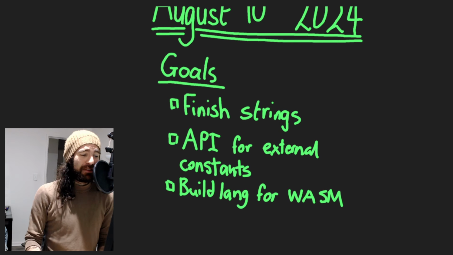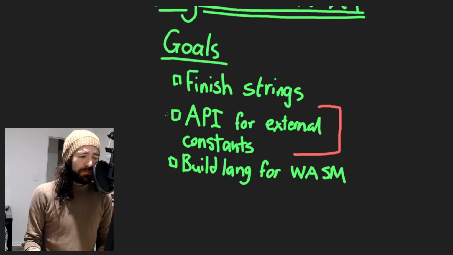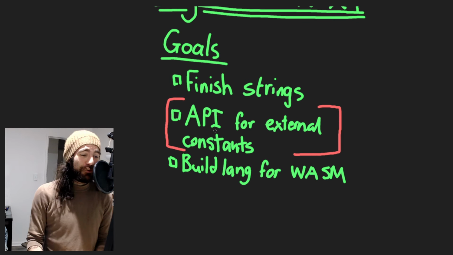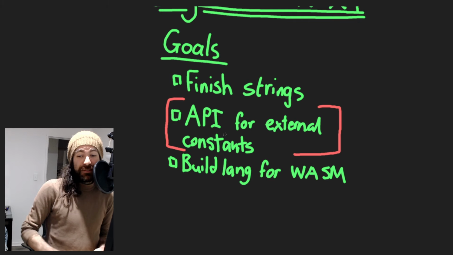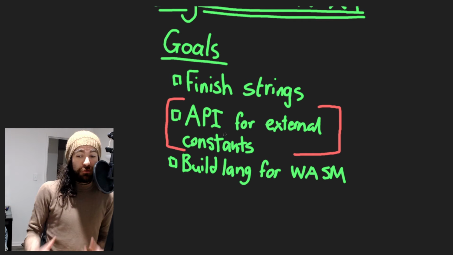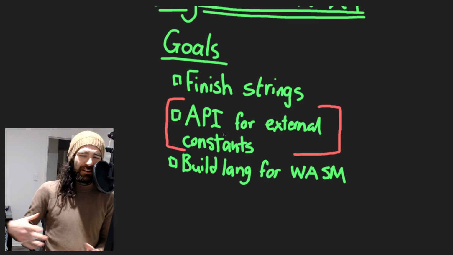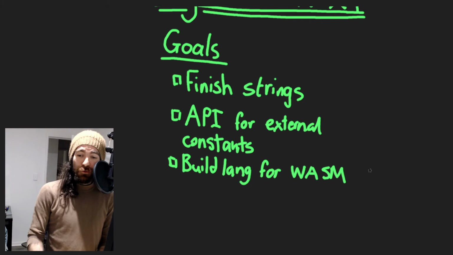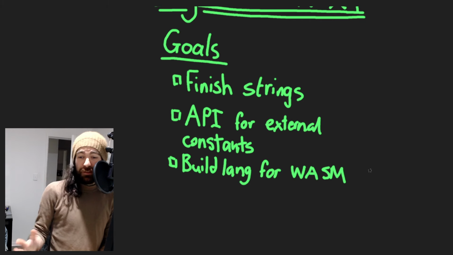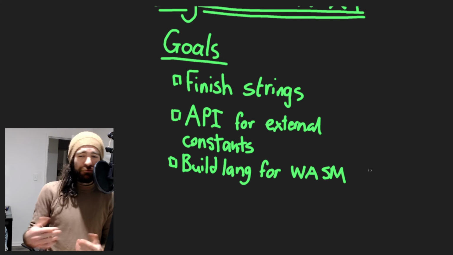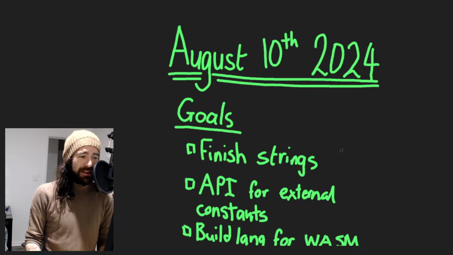We've got all the parsers and everything. We're going to finish off strings. Then we're going to do a bit of testing with strings, and to do this nicely, we're probably going to have some kind of API for defining constants, things that exist outside of the scope of the compiler. So things like memory addresses that mean something to the virtual machine specifically, so that our code can reference things without having to make assumptions about the environment it's running in. And then once we can do that, we're going to build our language targeting WASM, and hopefully integrate it into my web front end, so you can write this language in the browser, compile it, run it, and step through programs line by line. It'll all be really good.